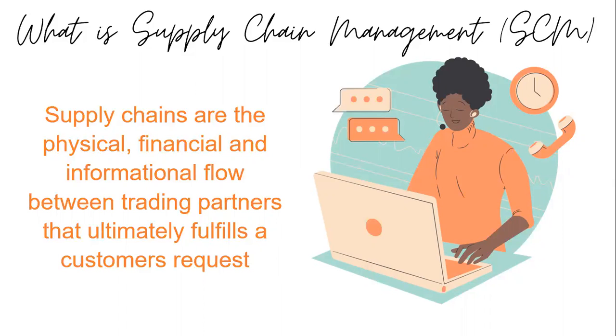Also, when a good moves from one party to another, let's say from a manufacturer where the good is being manufactured, so let's talk about the computer and the company where it has been manufactured, they sell it to a distributor, right? And when they sell it to a distributor, there is an exchange of money in the supply chain as well. And finally, there is always an exchange of information.